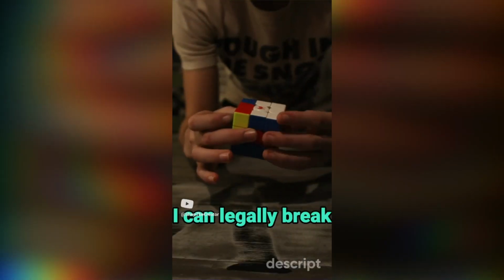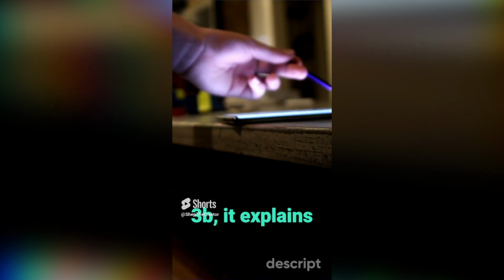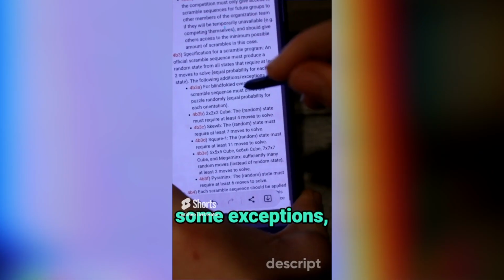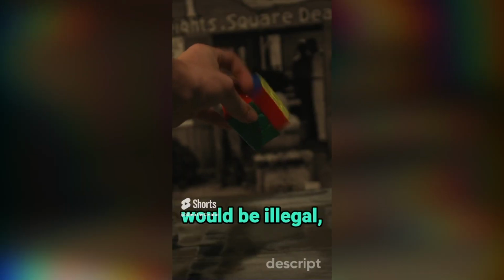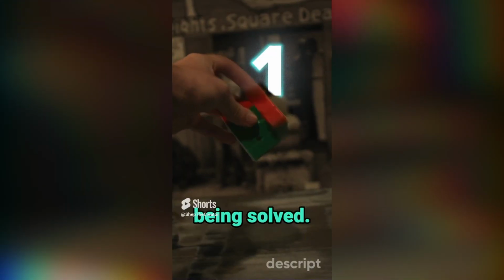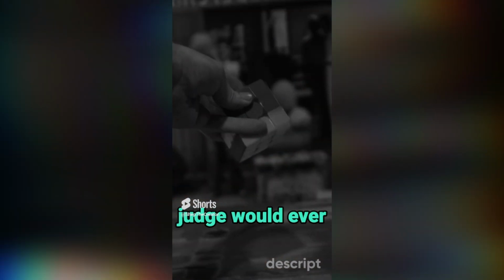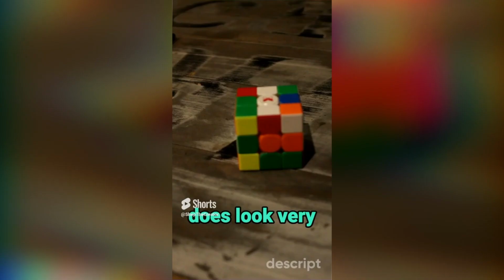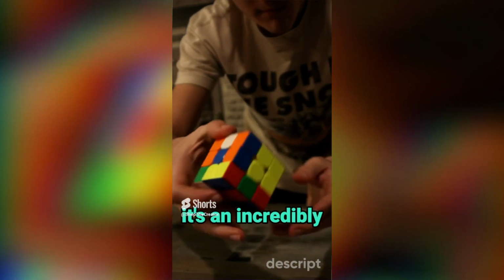I can legally break the Rubik's Cube world record. Let me explain. So this is the WCA rulebook, and in Rule 43B, it explains that a cube has to be more than 2 moves away from being solved. And there are some exceptions, like for different puzzles, but a 3x3 is not listed here, meaning that a scramble like this would be illegal, because this is only a single move away from being solved. So that does mean that something like this is technically legal, but what judge would ever do this, so this is impossible. But this scramble could technically be possible, as it does look very scrambled, and could be solved like a normal cube. So even though it's an incredibly rare chance,